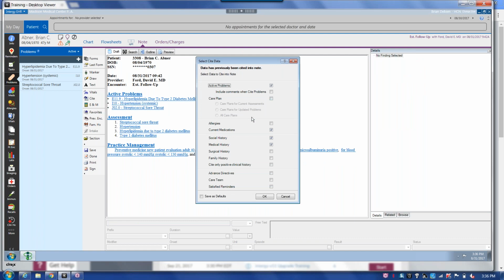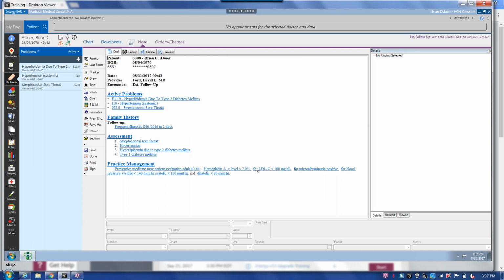I'm going to go ahead and add in my allergies, my current medications, some social history, medical history. Let's go ahead and add the family history, just enough to populate some more information on this note. And it doesn't look like much happened there, okay? But